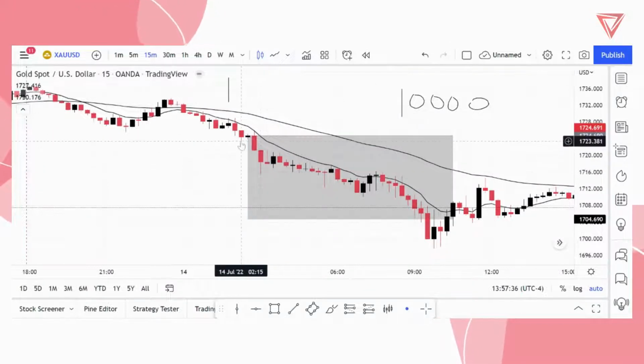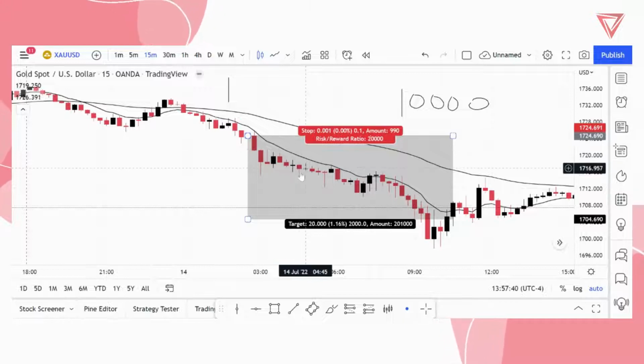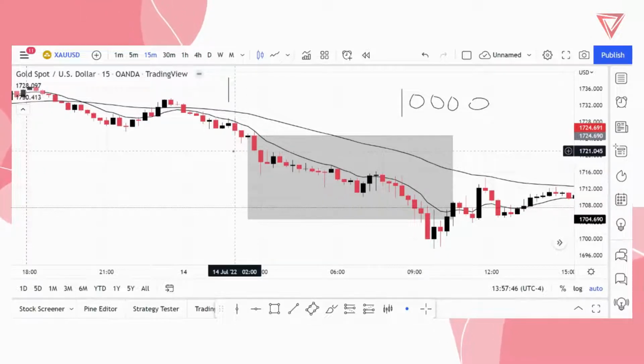Now let's just say you cannot yield a 10 pip stop loss. You don't have the precision to do that. That's fine. I understand. Not everybody's going to be able to do that. It's actually quite difficult because you do need to be very precise and understand candles beyond most people, right? And that's fine.